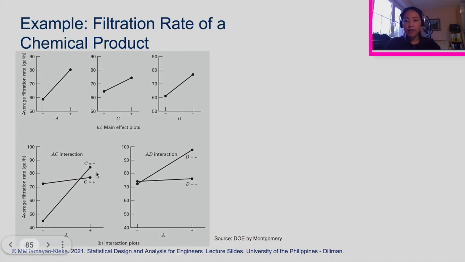And these are the main effect and interaction plots for our example. Included here are the effects that have been found to be significant in our model. And as you can see here, let's look at A, the relationship seems to be direct. The same is true with C and D, so average filtration rate is higher at higher levels of these factors. If we look at the interaction AC,